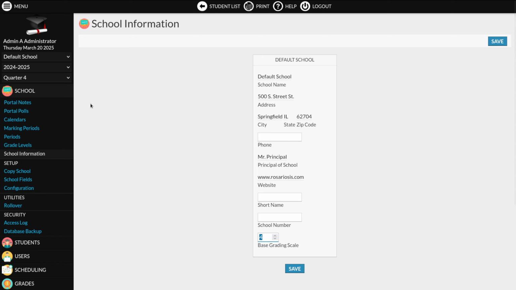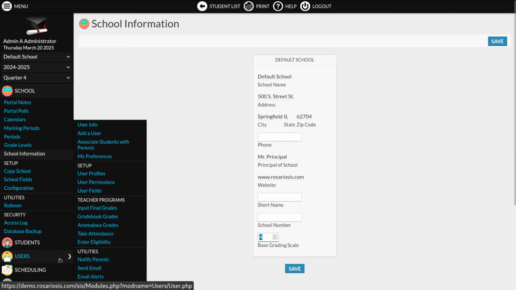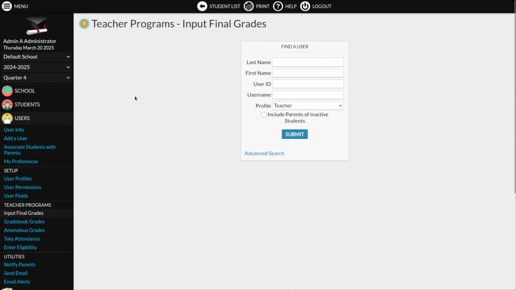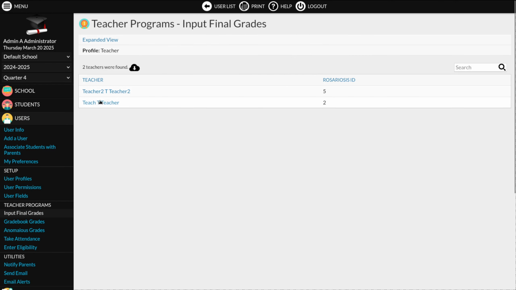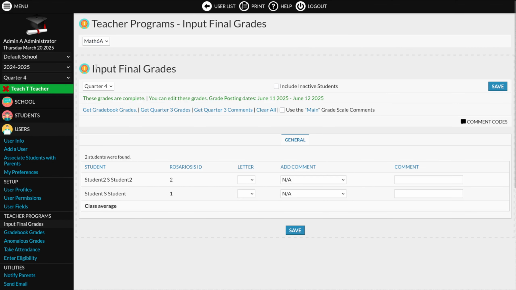Now we can input final grades instead of logging in as a teacher. We can do that as an administrator under the Users Teacher program. We find a teacher, we select the course, the marking period, and we can select